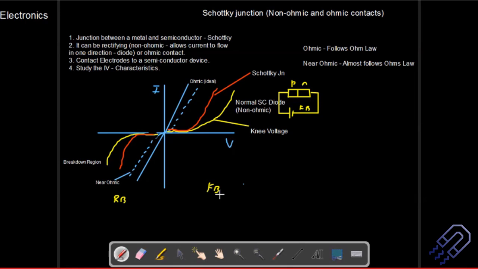This is something which you already know. One more important point to note here: if you talk about this range of voltage, on this side you might be getting, let's say, around 2 volts, this might be around 1 volt, and this is the origin 0 and so on. On this side, that's the forward bias.